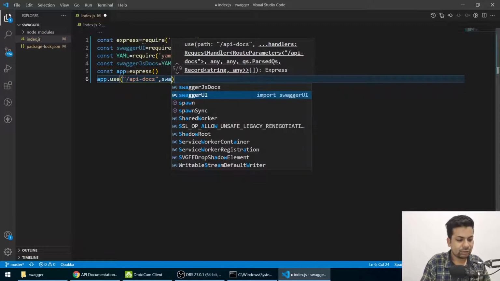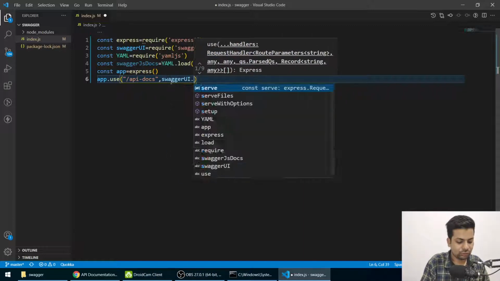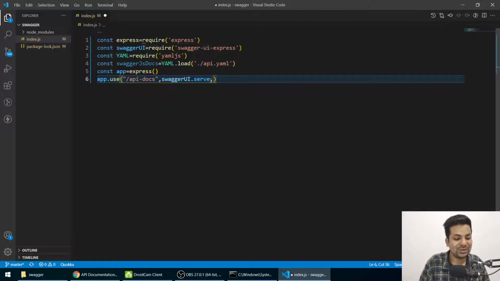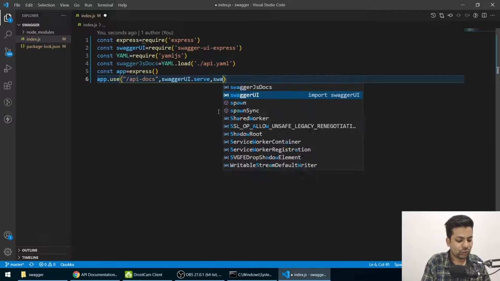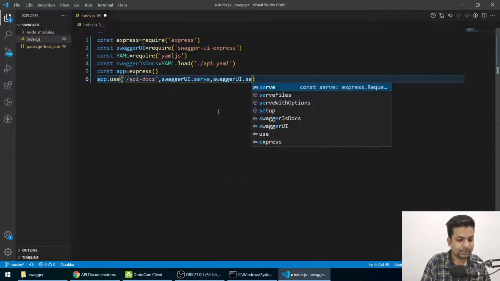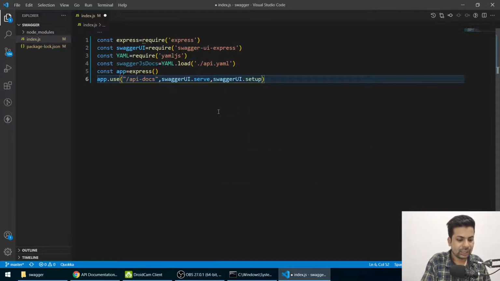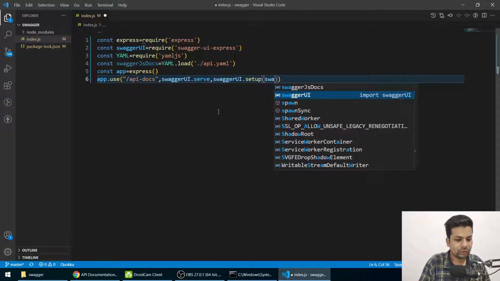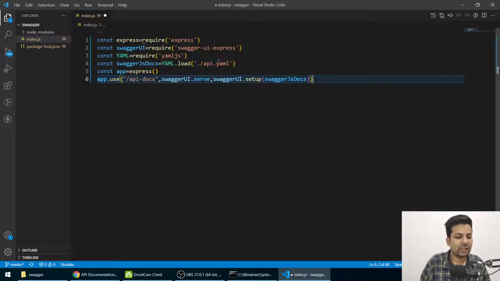And then I'll say swaggerUi.serve. It's serve, not server; some people write server mistakenly and their whole time is gone. Then I'll say swaggerUi.setup, and here I will pass the swaggerJsDocs. So basically we'll load the documentation in this swaggerJsDocs and we'll pass it in the setup.